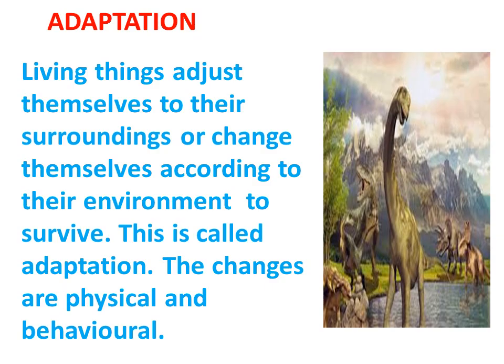Have you heard of dinosaurs? They lived on the earth long time ago. Then they died due to sudden change in the climate of the earth. The Earth's climate changed so quickly that the dinosaurs were unable to adapt to the changed climate. Usually, living things adjust themselves to their surroundings or change themselves according to the environment to survive. This is called adaptation. The physical and behavioral features of animals developed in order to survive in their natural habitat is called adaptation.